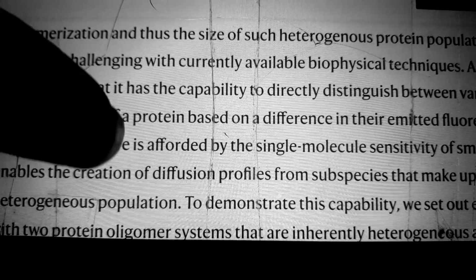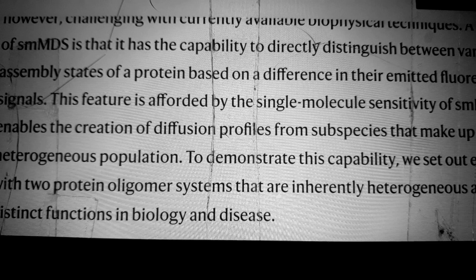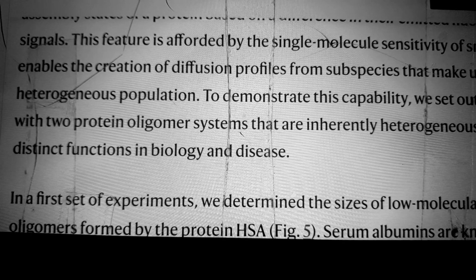biophysical techniques. A key feature of SMMDS is that it has the capability to directly distinguish between various assembly states of a protein based on a difference in their emitted fluorescence signals. This is a feature afforded by the single molecule sensitivity of SMMDS, which enables the creation of diffusion profiles from the subspecies that make up the heterogeneous population. To demonstrate this capability, experiments with two protein oligomer systems were performed that are inherently heterogeneous and have distinct functions